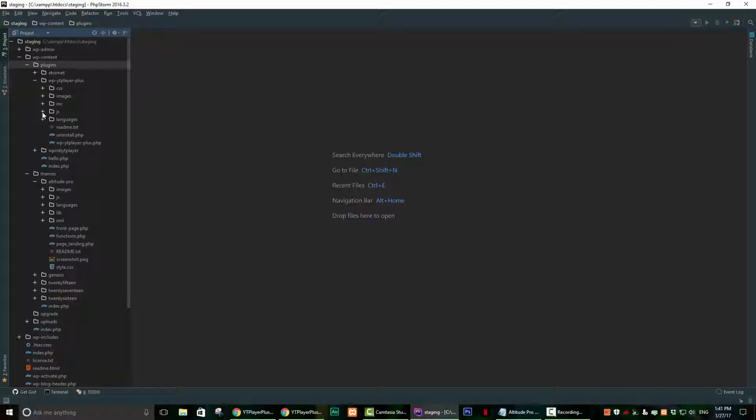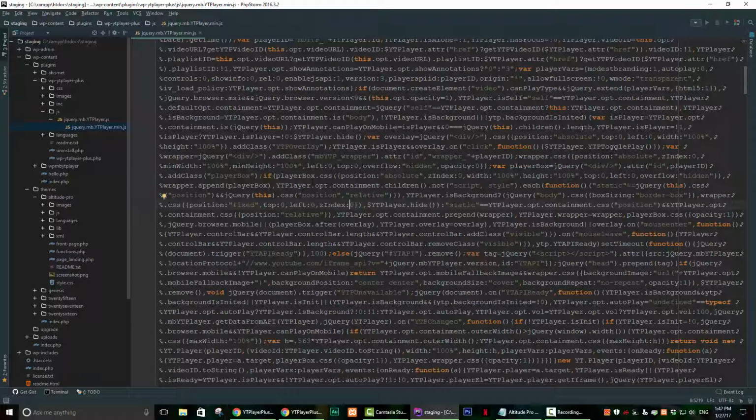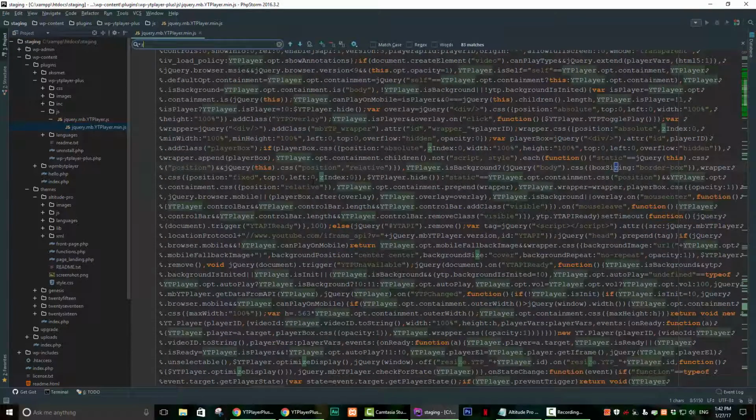Then open your JS folder and then click on the file called jquery.mb.YTPlayer.min.js. Once this file is open, do a Control F on PCs for z-index and change the third occurrence of the search from